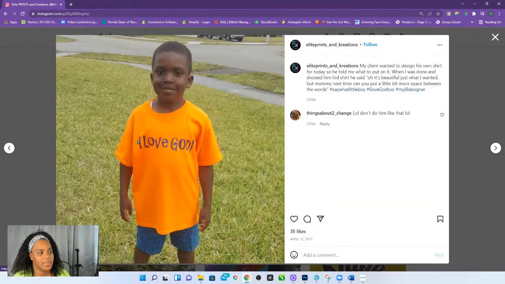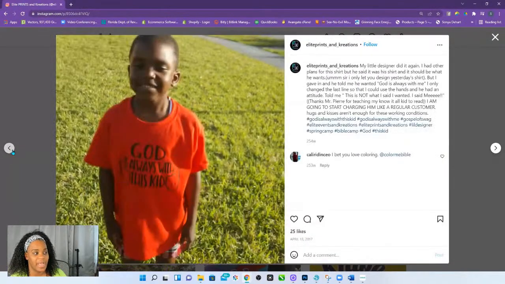Yeah, see, these were for spring camp. I'm about to do the same thing. When they go to spring camp, they just tell you what color shirts to give them. They don't give them a set shirt. They have to have a different color. So I literally made him different shirts every single day that were just religious shirts.